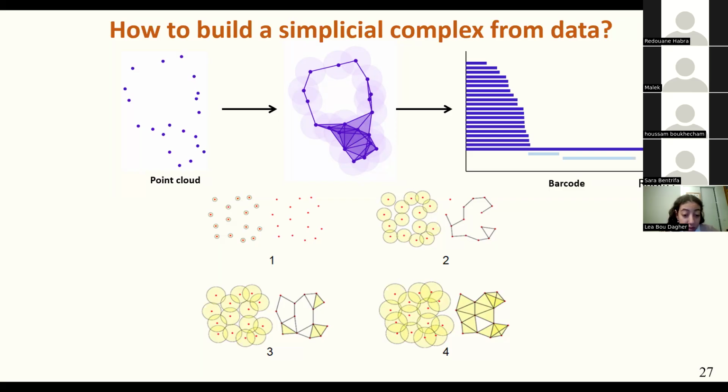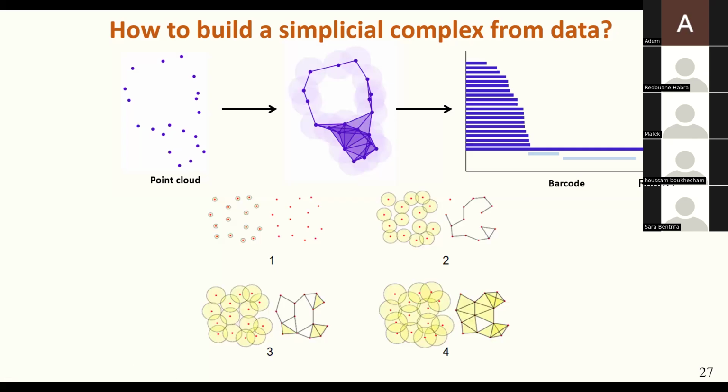What radius should I take? Because I said we can take a ball with a radius, and according to this radius, I will add the simplices. And the question is, what radius should be the one considered? And this is the particularity of persistent homology, that it does not specify a single radius, but the idea is